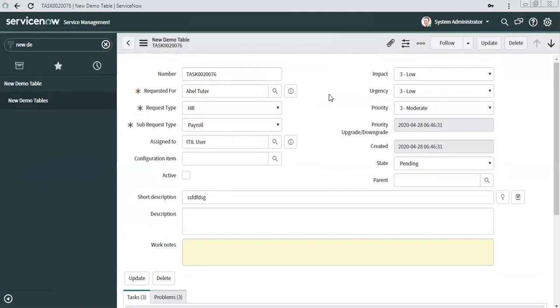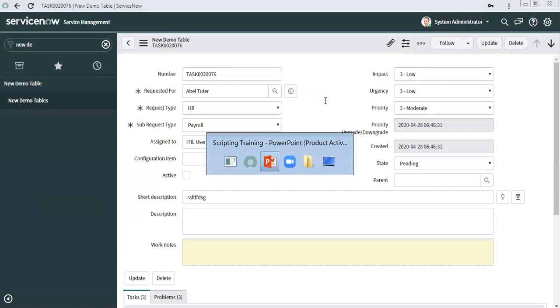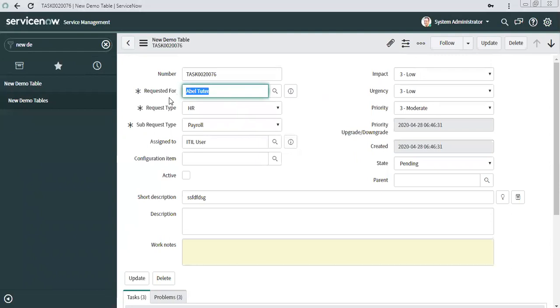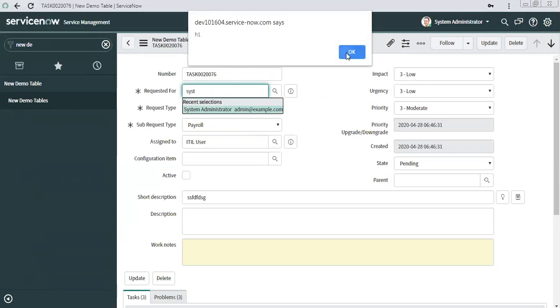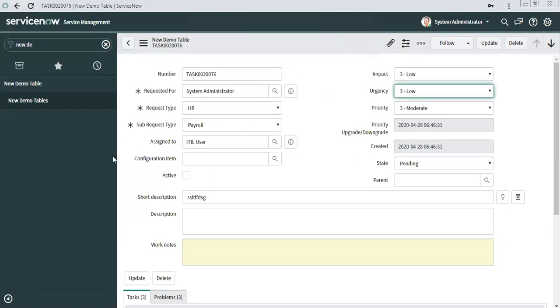Still not going inside the second loop. But I think you need to select system administrator, because Able Tutor may not have a CI managed by himself. It should go inside the loop. That is what should give me the alert. If he doesn't have, then it should give me the blank. The thing is, it's not going inside the loop.